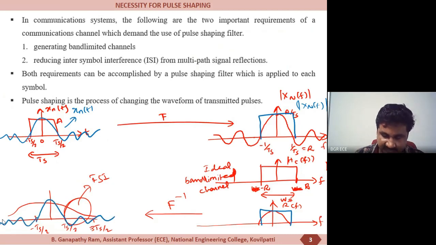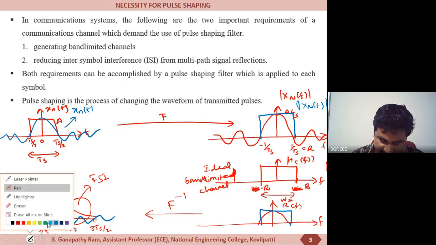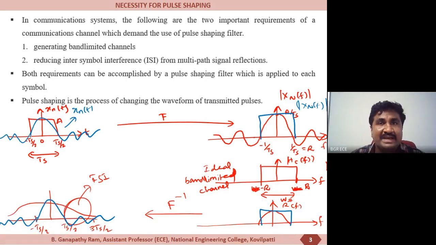But generating a sinc function is not at all possible. So we can shape the pulse in the time domain, nearly equal to a sinc function. So we can shape the function, which will maximally occupy the band and have very small side bands,